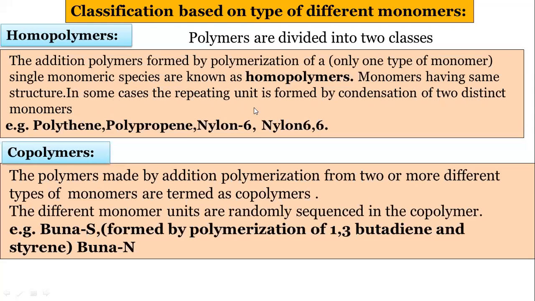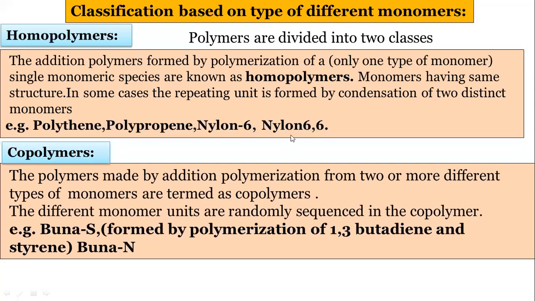in some cases the repeating unit is formed by the condensation of two distinct monomers. I want to give one example. This is nylon 6,6. Nylon 6 is already explained. This is prepared from caprolactam, but this nylon 6,6 is a condensation polymer. It is prepared from adipic acid and hexamethylene diamine. Though two different monomers are used, this is included in homopolymers, because in some homopolymers the condensation also